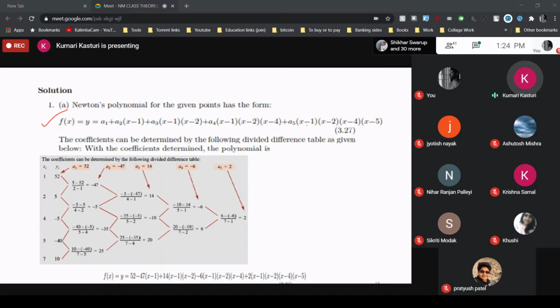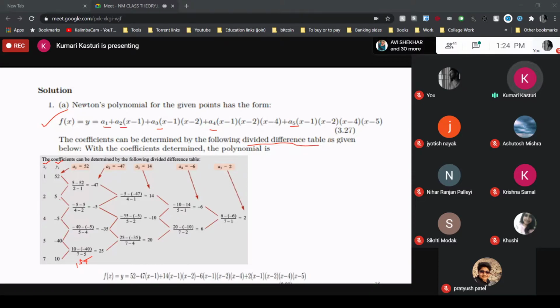These are the logics to develop your code. That's why I'm telling you. So now you have to find out this A1, A2, A3, A4, A5. Please listen carefully: these coefficients will be calculated from the divided difference table or divided difference method. What is the divided difference method? These are the x and y values. With respect to these x and y values, you have to find out the rest of the columns of this table. So come to the first one, this is called your first divided difference.